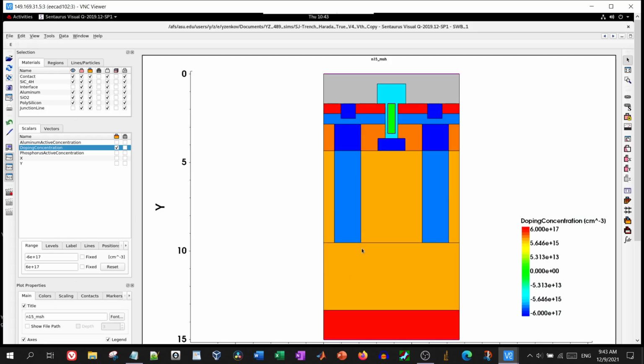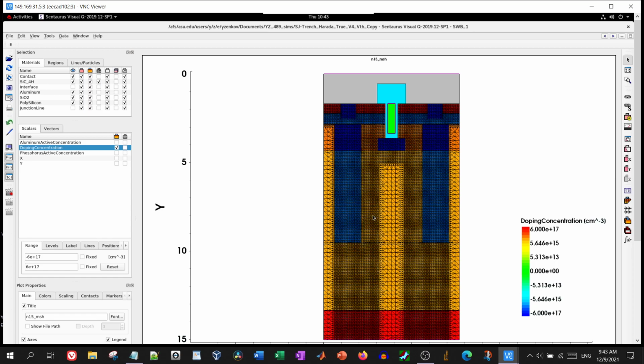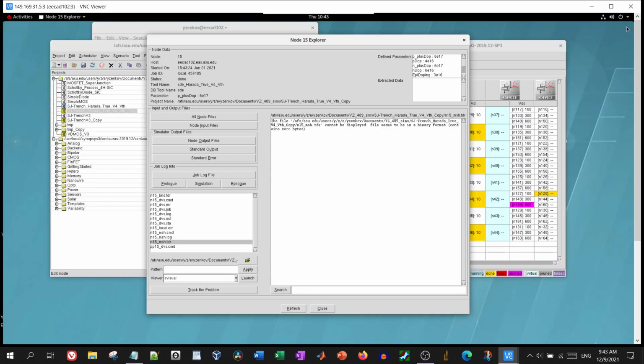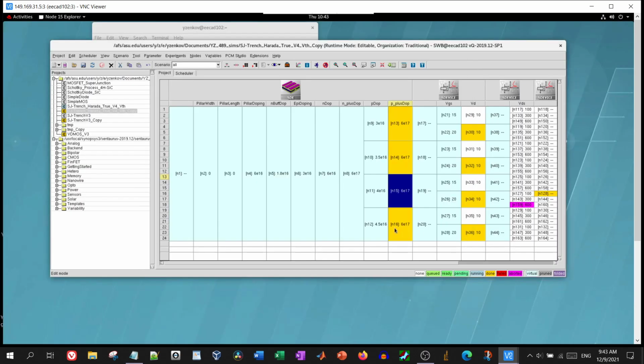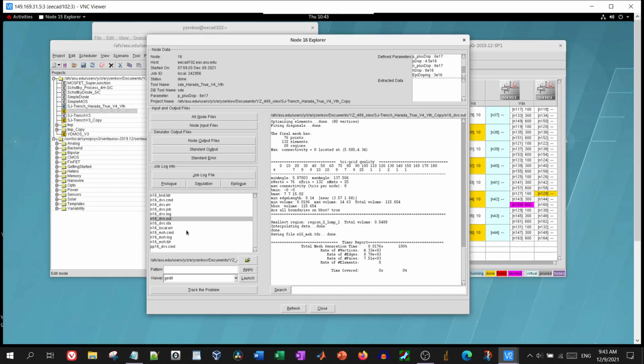you'll see the result. And just as an aside, anything that has a .tdr suffix cannot be opened in the Node Explorer. It has to be opened separately in this visual interface. You can see right here that there's like a harsh line where there's some amount of meshing, and then there's a very fine degree of meshing. We can see the difference between this level of meshing and when we comment out all of these ref eval windows. So I'm going to go ahead here